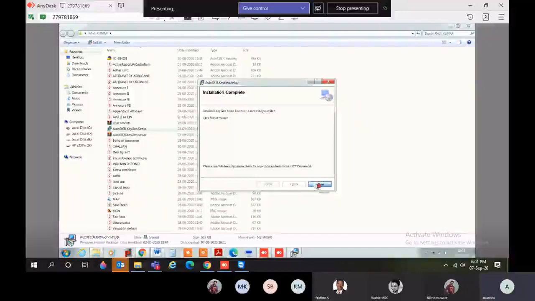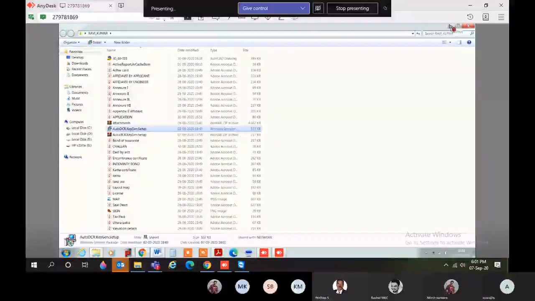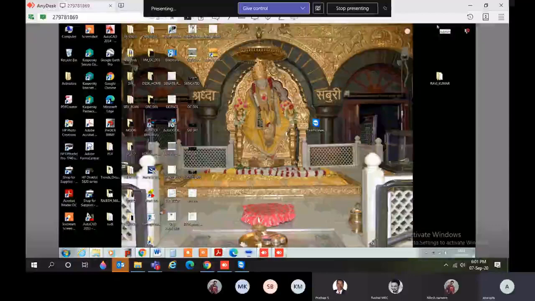Then click on close button. So this Auto DCR key icon will show on desktop. Go to desktop. Here, this one is Auto DCR key.